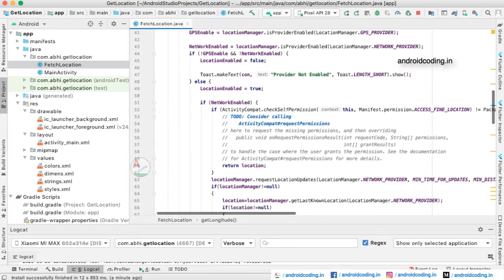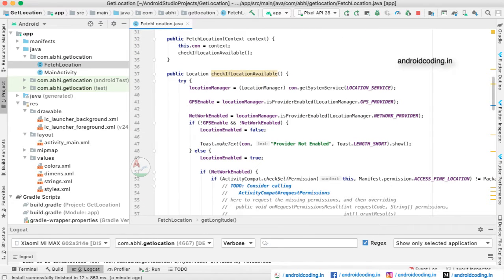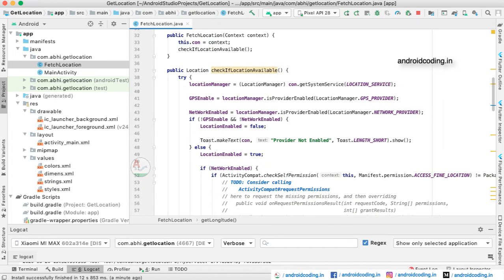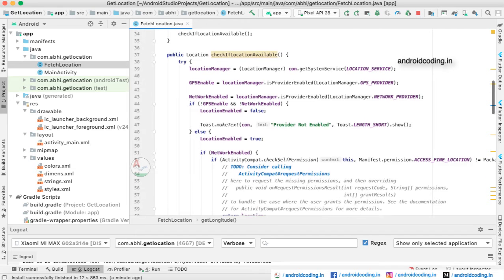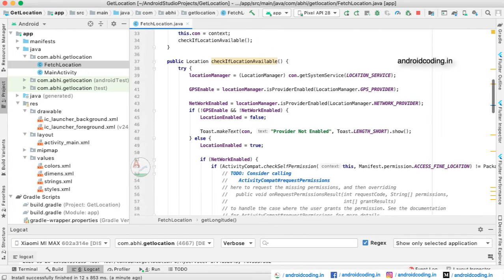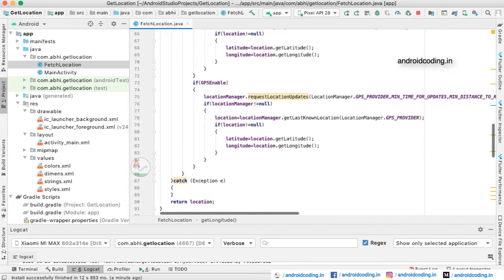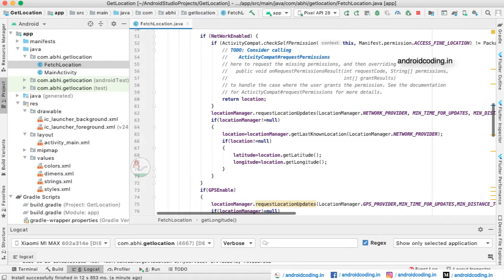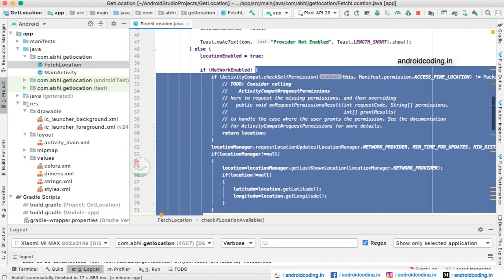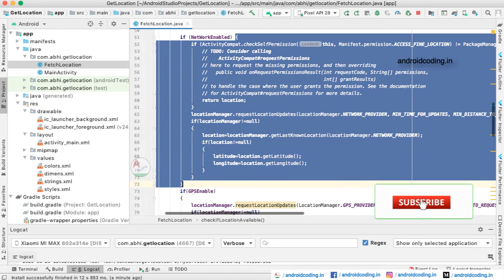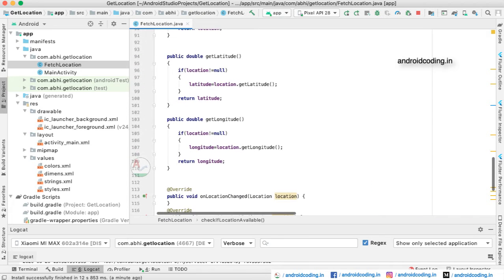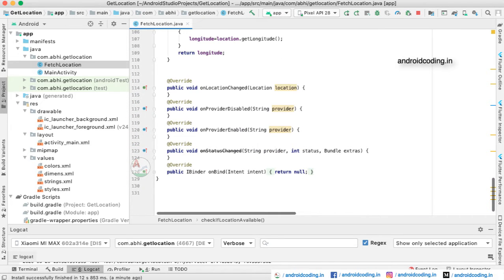So here we are making use of either GPS or the network of the user here. If either of them is available, we will fetch the location. When the GPS is enabled, we will be fetching the location using the GPS, and if the GPS is not available, then we will make sure we have the location using our network here. So these are the two ways using which we will get the latitude and longitude values of the user, and we will also track if there is any change in the positions.